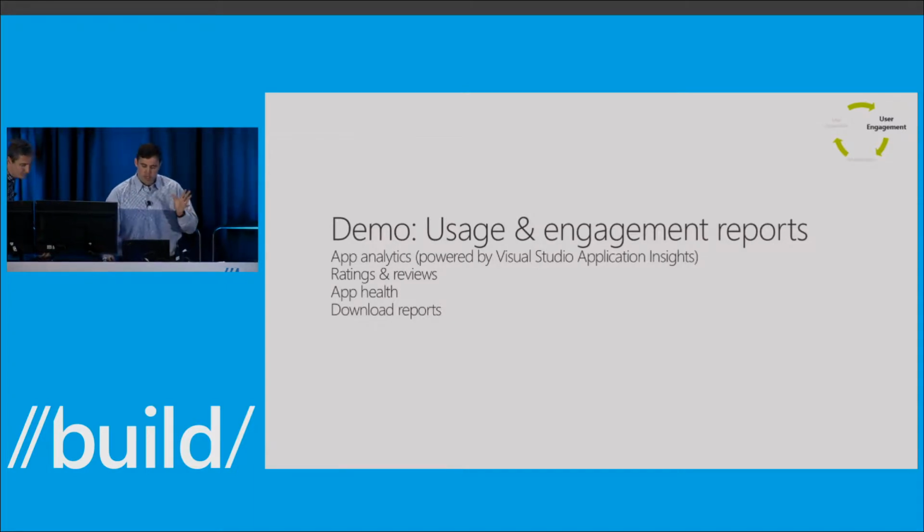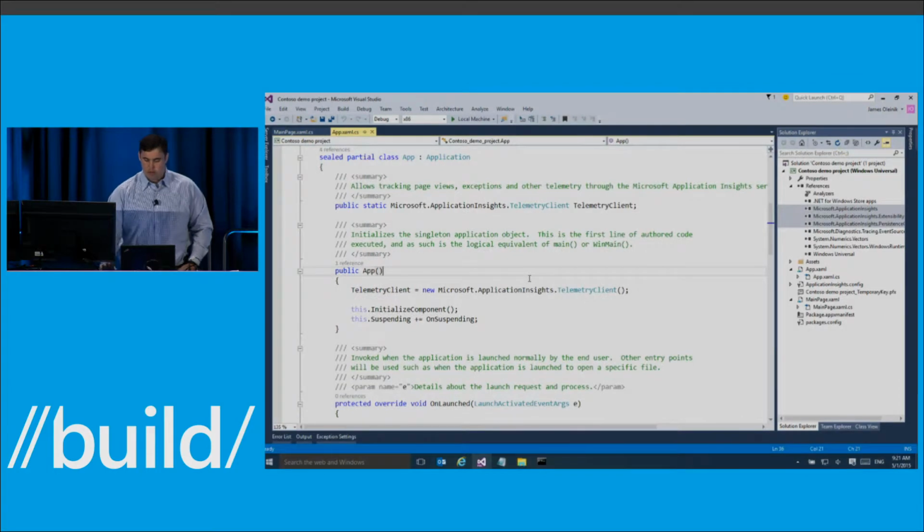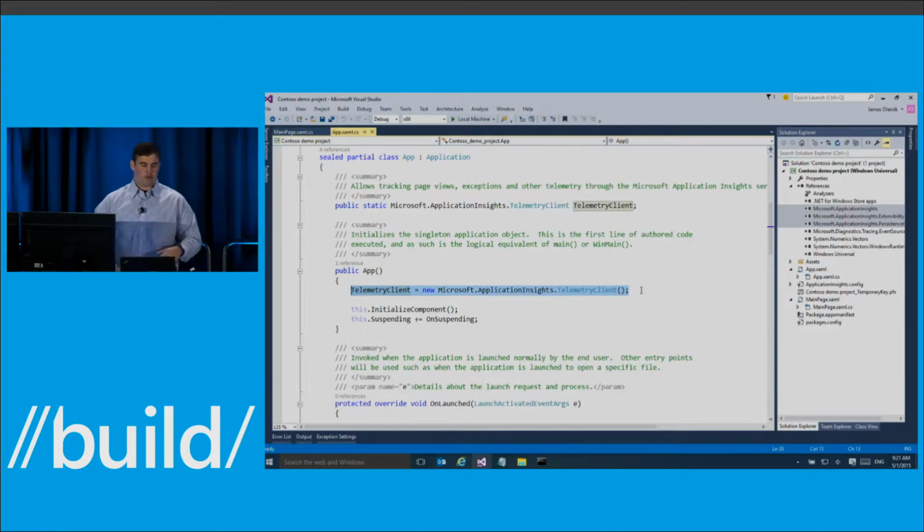And to understand how this page is going to work, I'll start in Visual Studio. What I've opened up here is the Visual Studio 2015 project for the Contesto demo application we've seen so far. I created this project using the Windows 10 development tools that are available this week to all of you, and specifically, I created it using one of the Universal Store app templates. Each of these templates with Windows 10 comes with support for in-app analytics by default with the inclusion of the Application Insights SDK. You can see it's been added as a reference to my project just by creating it. And the telemetry client for Application Insights has been added and instantiated for my project.